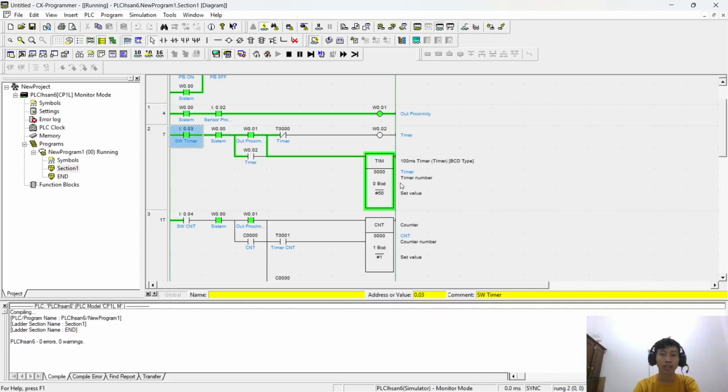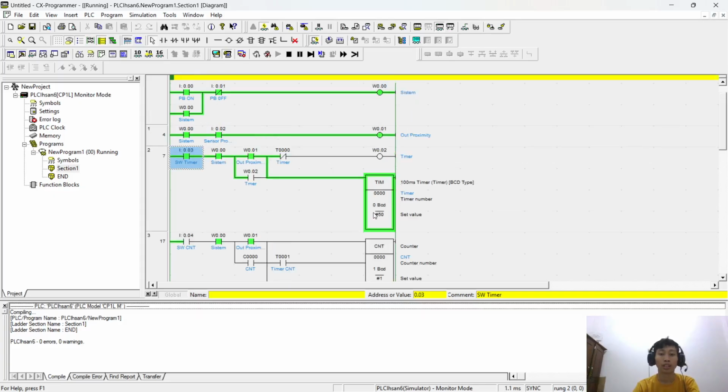Okay, and after the 5 seconds, we turn on the sensor from timer, sorry, I mean maybe the timer is 500 milliseconds. I don't know, I forget, sorry. When the time goes to 0, the proximity will go off.